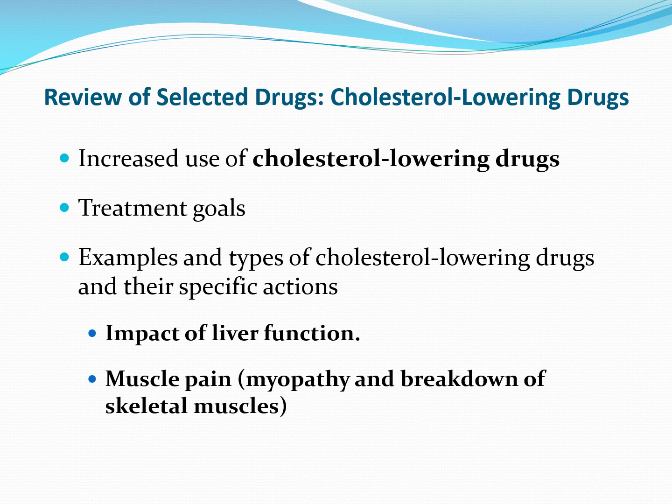Other common medications or classes are cholesterol-lowering drugs. There is an increase in the use of cholesterol-lowering drugs based on the newly published guidelines to prevent cardiovascular disorders and improve quality of life. An example of cholesterol-lowering drugs is simvastatin. These medications can impact the liver function. They can also cause muscle pain or myopathy and breakdown of skeletal muscles, of course, so there will be atrophy of the muscles.